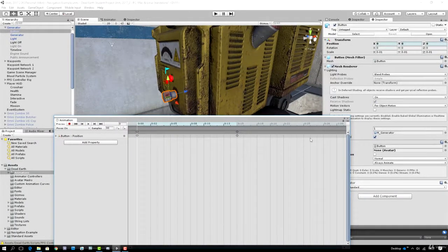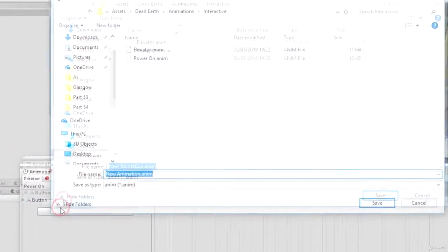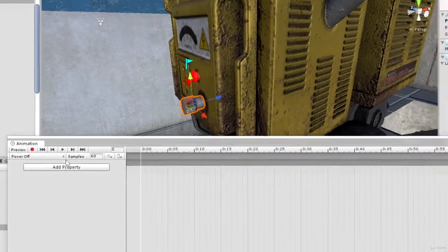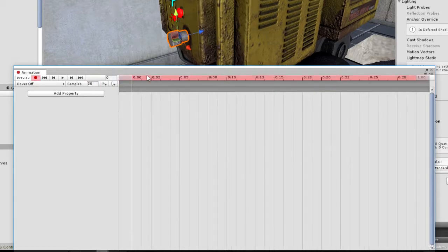Now we don't have to close down the animation window and open it up again because there's this little drop down here that will show you all of the animations that are available for the object that you have selected. Now we obviously only have one called power on, but when you open up that drop down you get to create a new clip right there. So let's create another clip and call this power off. Once again, I'm saving this in the interactive animations folder. Like so. And we'll set this down to 30 samples per second and we'll press record,